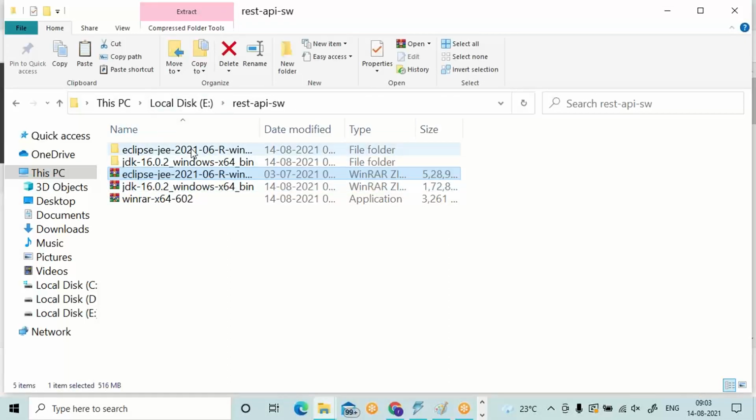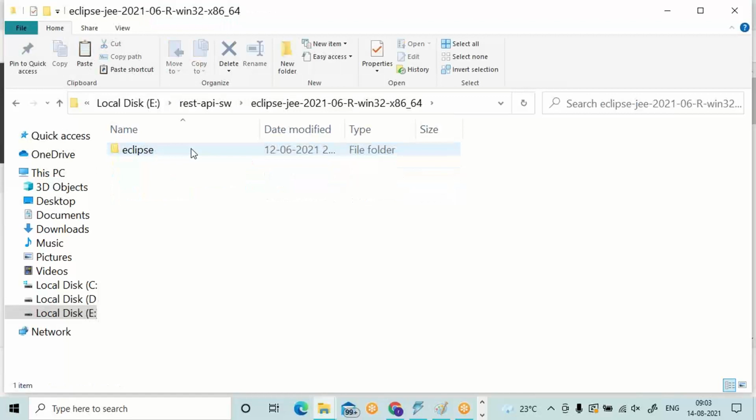Go inside uncompressed. You can find Eclipse folder.